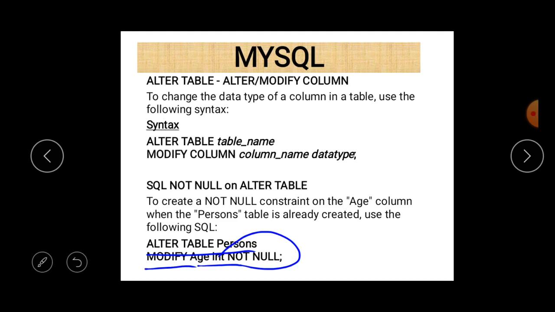What is happening after that statement? Modify means age, a column of the table persons, will be modified, and now it doesn't contain null values.